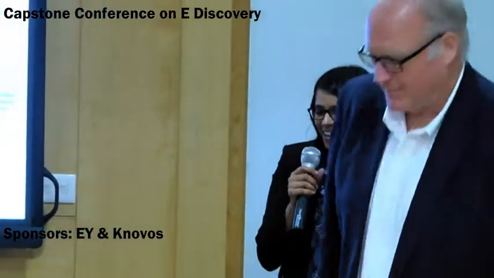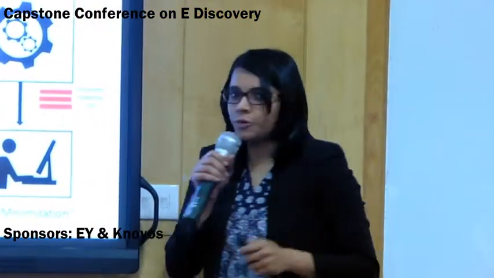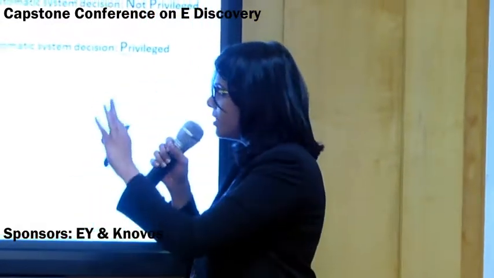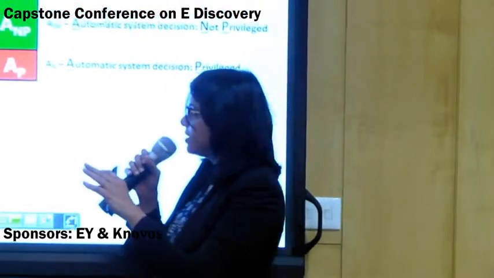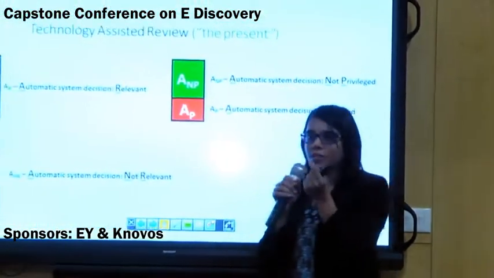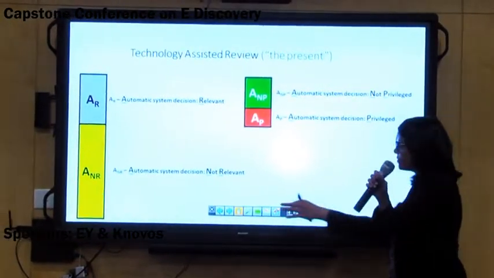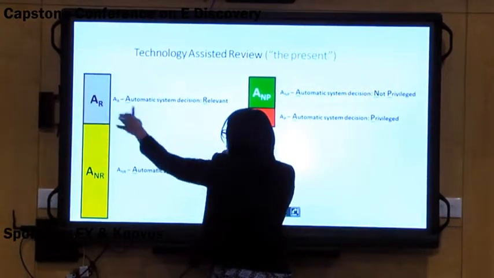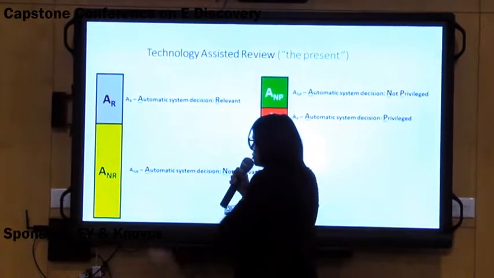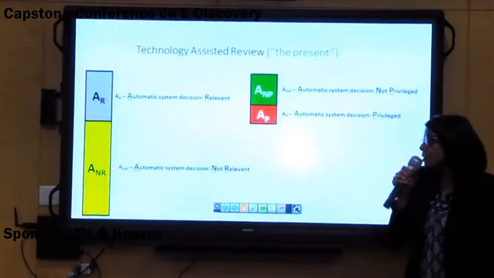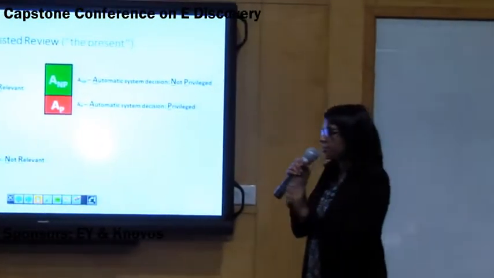Okay, thanks, Doug. So what I'll be talking about in the next few slides is what do we do here? How do we rank the documents based on risk? So how do you define risk? So right now we have two systems. Let's assume we already have two systems. One is going to tell us what is the probability that a particular document is relevant. We already have this system ready. We tell all these documents are relevant out of the entire population, and the documents that are in yellow are not relevant. And the system has already given that.